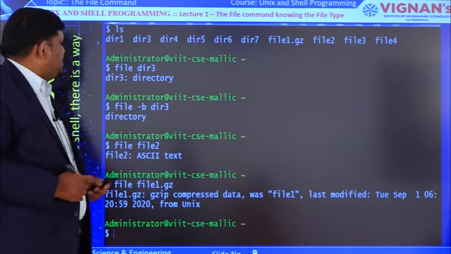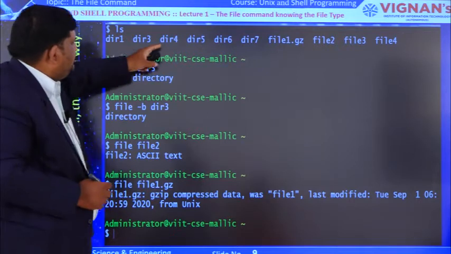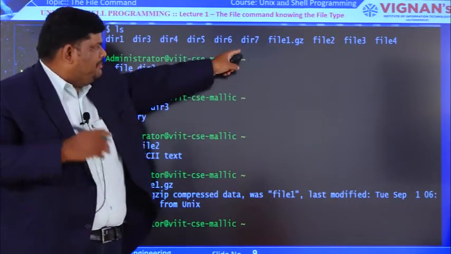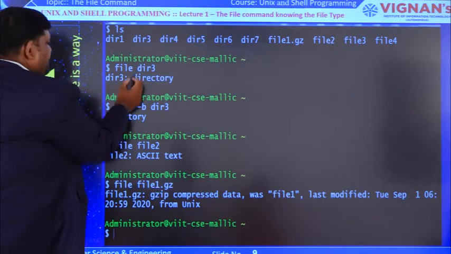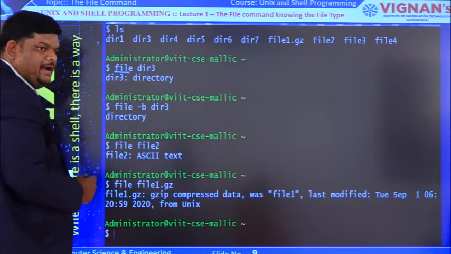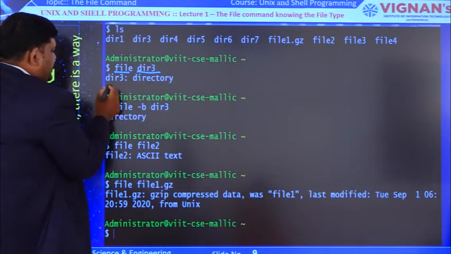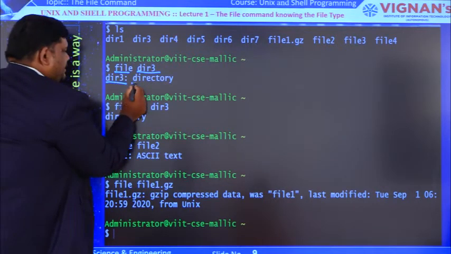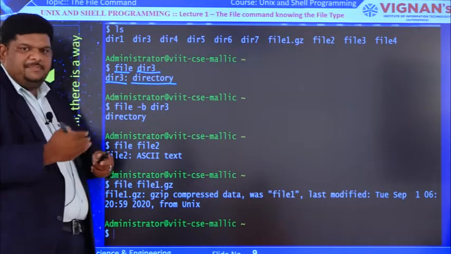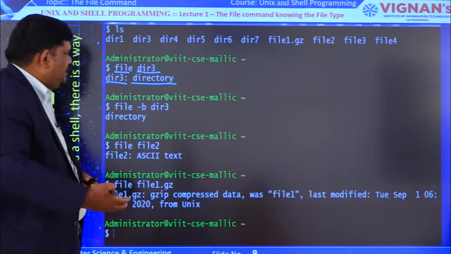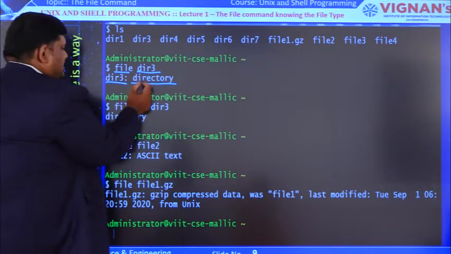Let us consider some examples. Here, ls listing shows some directories and files present in my current directory. Now I am checking file space dir3, the file command with dir3. The file command output is dir3, it is a directory. How does it come? It performs three types of testing: file system testing, magic testing and language testing, and finally the output is directory.